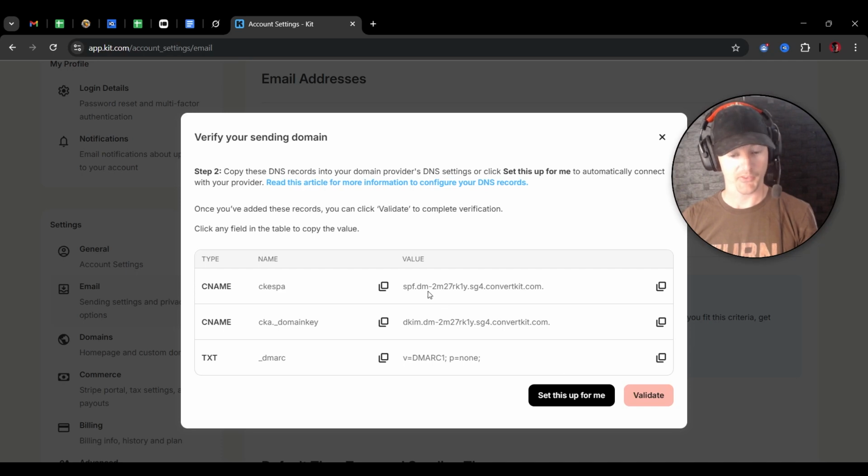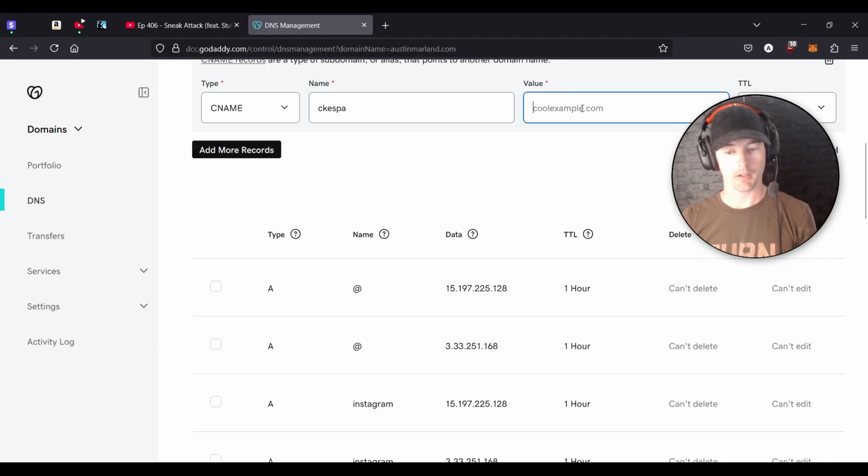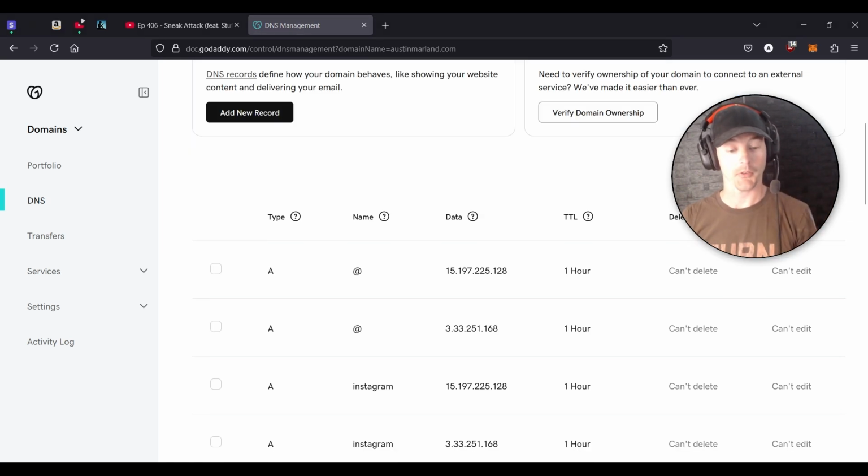I'm going to copy the second value, and then back on GoDaddy, I'm going to paste that into the value. I'm going to leave the TTL as default, and then I'm going to hit Save. In this case, I've already set this up, so I'm not going to hit save again, but this is how you do it. And then you're going to repeat the process for the next CNAME value, the next CNAME record,